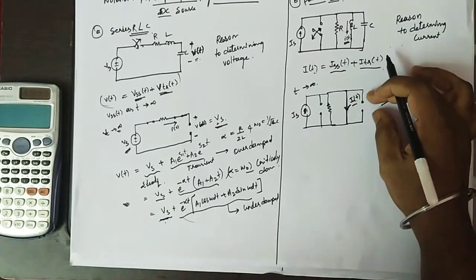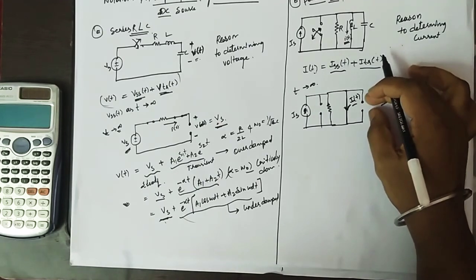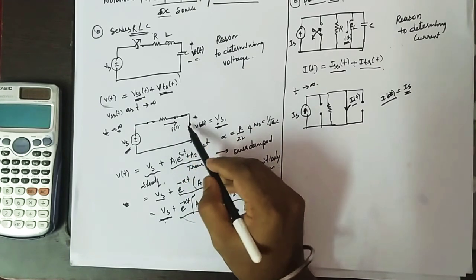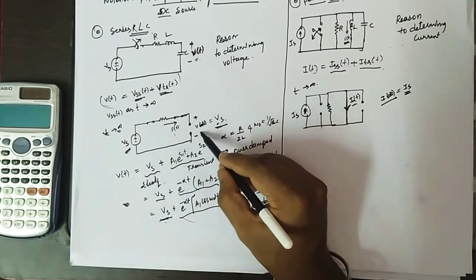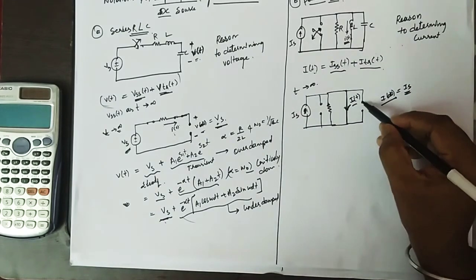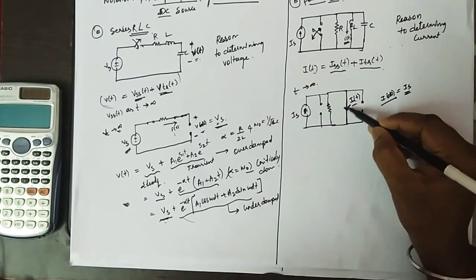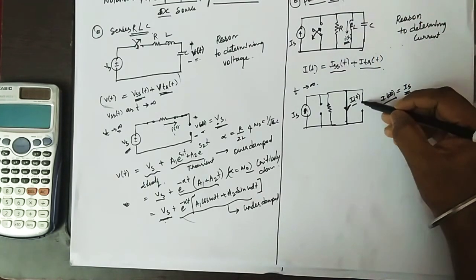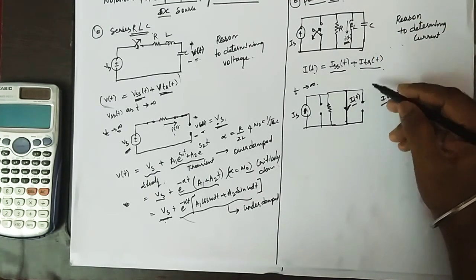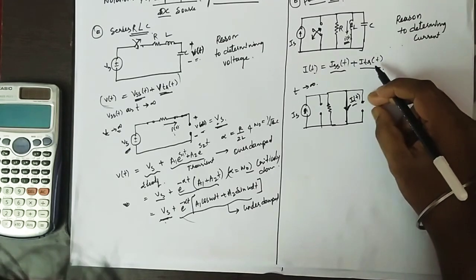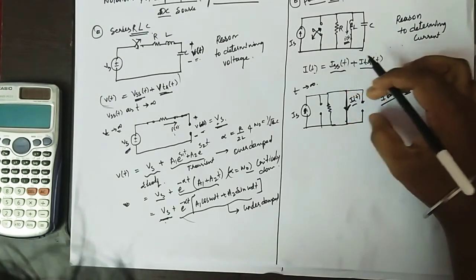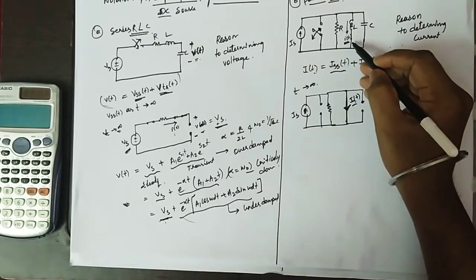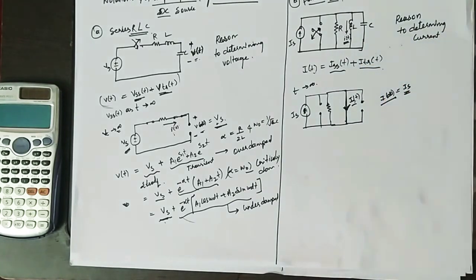If you want to find the voltage across the capacitor, it is zero because this is shorted. If you find the current through the inductor, it is open, so no current flows there. Here the current flows through the short circuit. So at steady state the inductor is shorted and the capacitor is open, and since it is shorted there will be no voltage here. That's why we find the current through the inductor for the series parallel RLC circuit. There are two conditions we have to know.